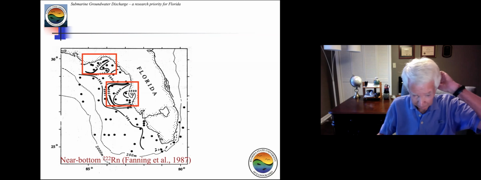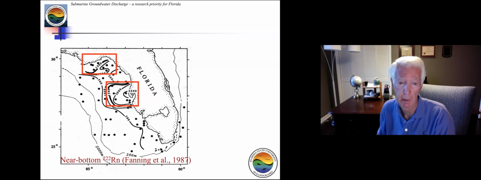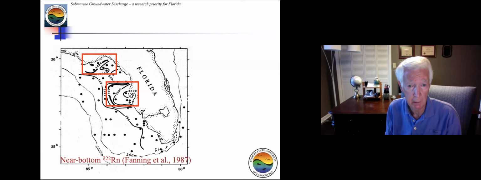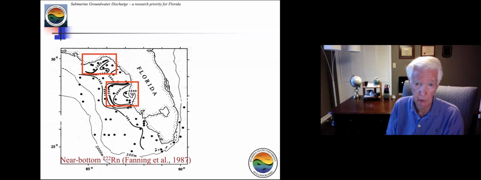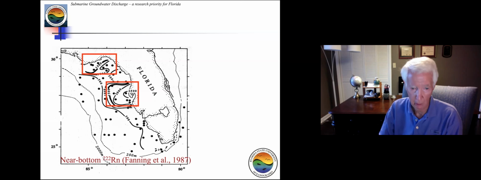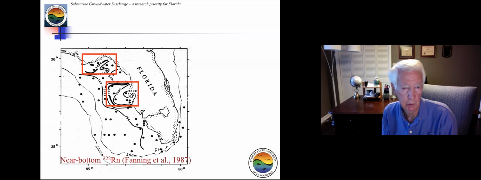Now, Kent, when he published this, he speculated that what we're seeing is being caused by the distribution of phosphate deposits in Florida. Now, there are many phosphate deposits here, mostly in Central Florida, but there are some in North Florida as well. They are enriched in uranium and all of their decay products, including radium and radon. So it's a reasonable